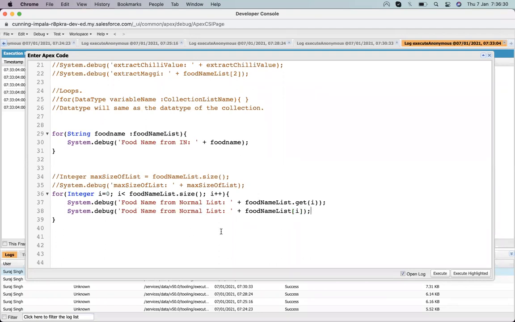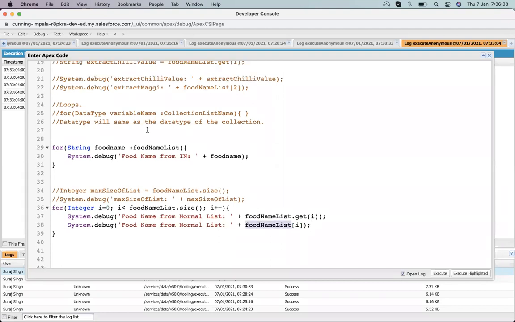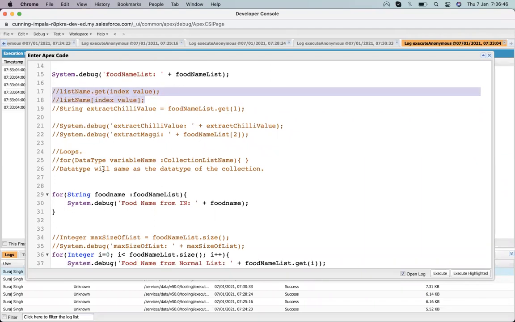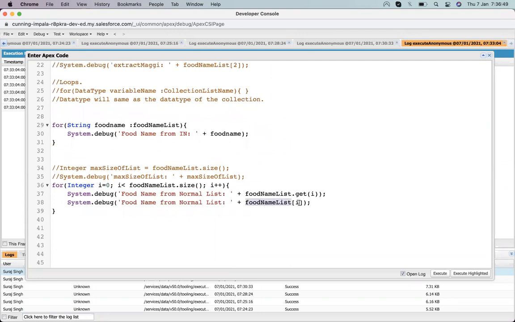Just like we have seen up here, whenever we have to get an element from a list, we can extract it via index, either using the get method, or directly using the square brackets.